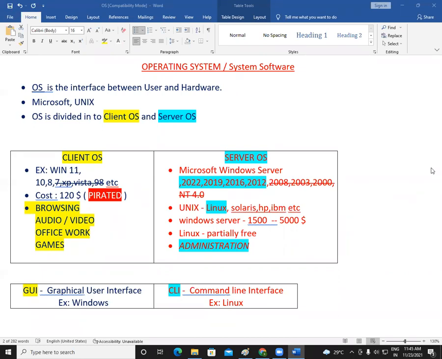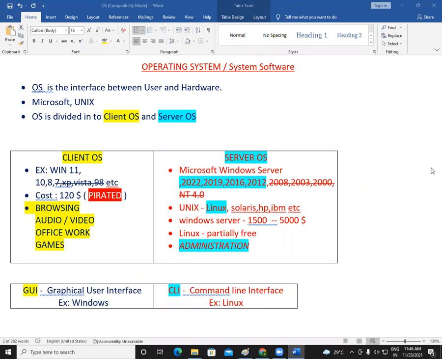What is support? Support means, if there is some problem in your Windows Server OS, as an administrator you can troubleshoot only a few things. There are many more issues which you cannot troubleshoot. It's very difficult for any person to troubleshoot each and everything in a server. In case there is a problem you're not able to troubleshoot, you can go to Google or YouTube and search for the solution there. But still there are some issues for which maybe there is no solution available on Google or YouTube also.